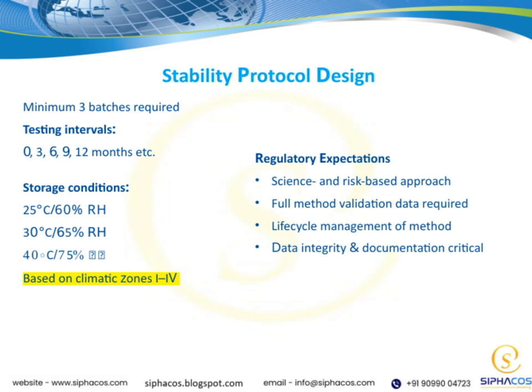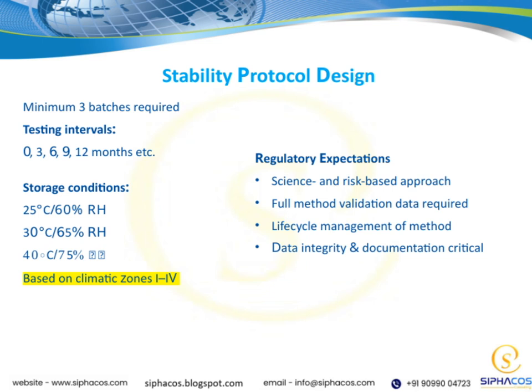As for storage conditions, these are based on climatic zones, which range from I to IV. We generally test at 25 degrees C with 60% relative humidity, 30 degrees C with 65% RH, and 40 degrees C with 75% RH. This way, we can understand how the product behaves under different environmental stresses, ensuring safety and efficacy throughout its shelf life. All of these elements are interconnected. They help us meet regulatory standards while ensuring our products remain safe, effective, and of high quality for our patients